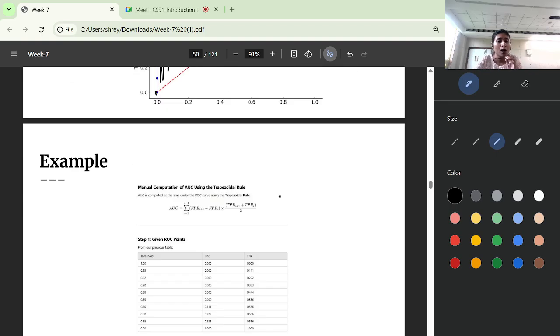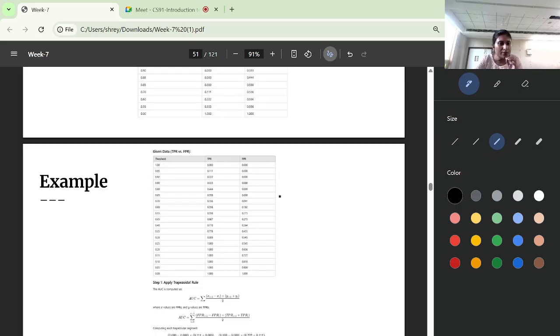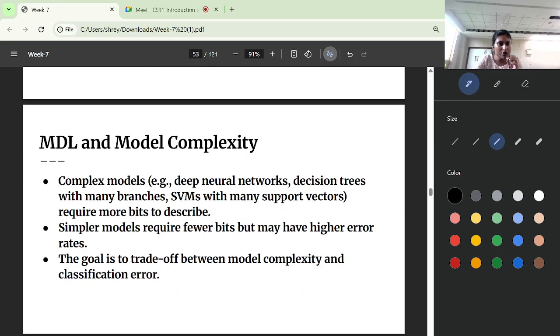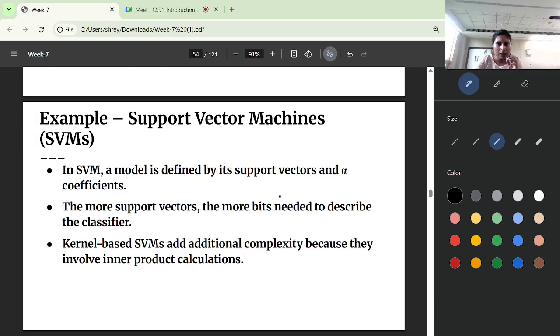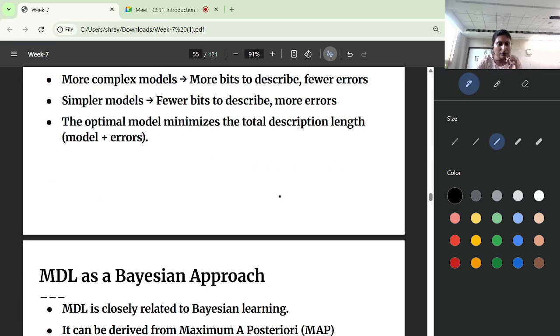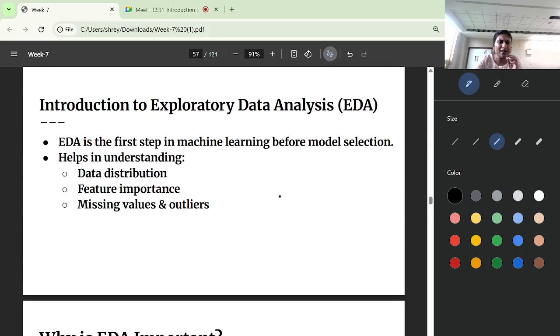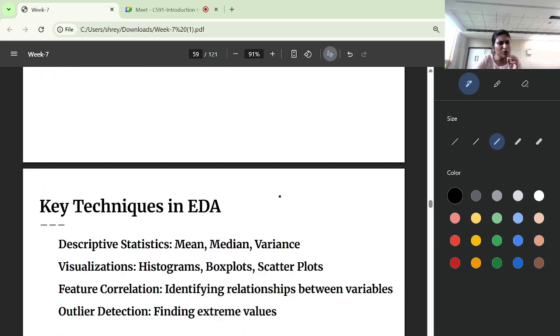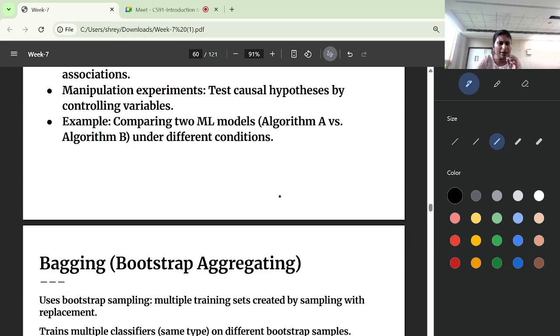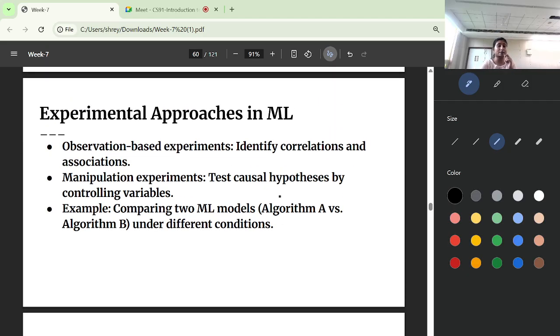Okay, so these are the same things you can go through. This is not very important. These are other things that you can go through in theory. It's not that they are very important. Yes, what is important is